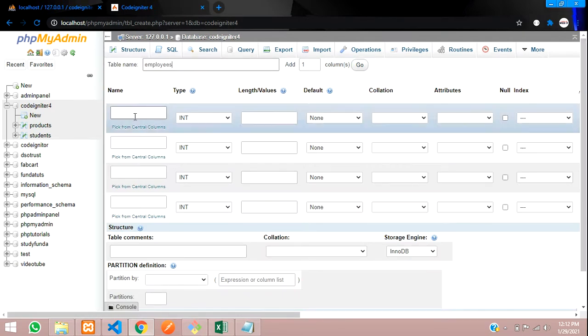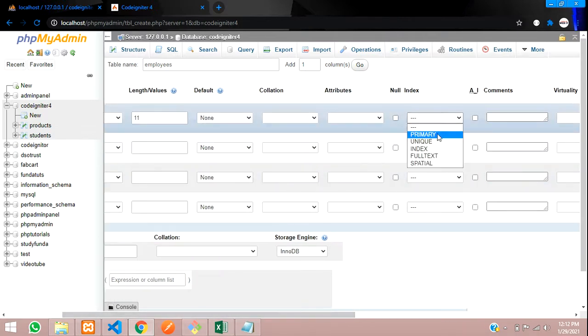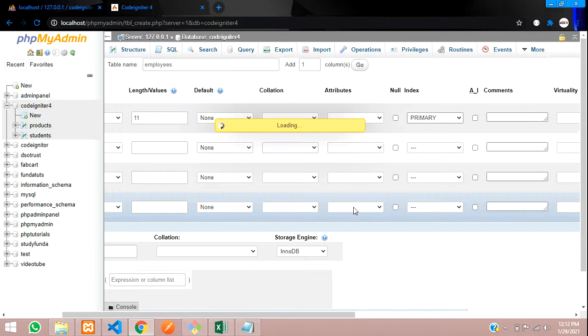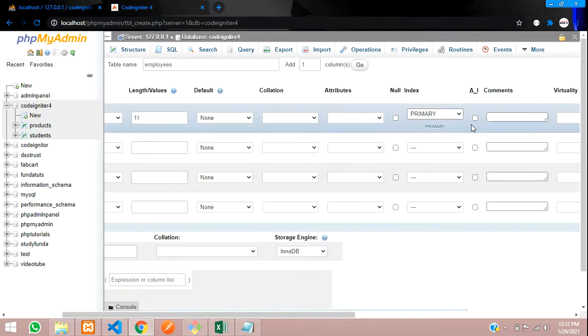The id will be the default ID, integer 11, and we have to make it primary, so let's make it primary and tick auto increment. Done.